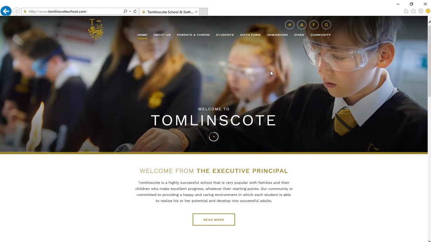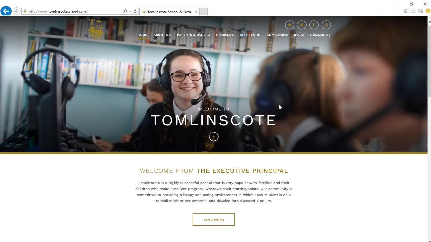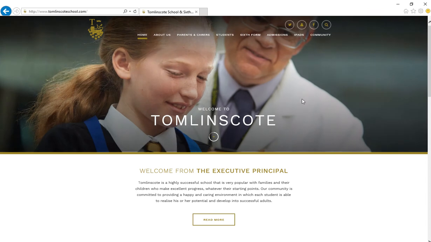So you should have received a letter today which has links about where to access Go for Schools and how to access the report, but it also gives a bit more information on the flight paths and what the report means. I'm just going to go into the system in a moment, but before I do that, I just want to show you the school website and where you can access some of the expected